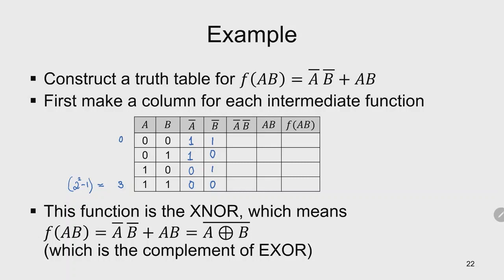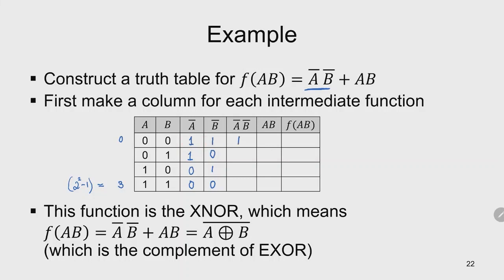In the next stage, I have an AND of the two inverted Boolean variables, so that will be these two columns: A bar AND with B bar. So 1 AND with 1